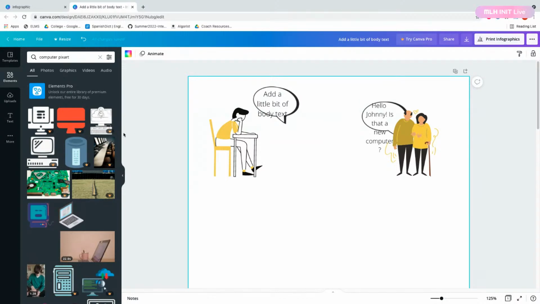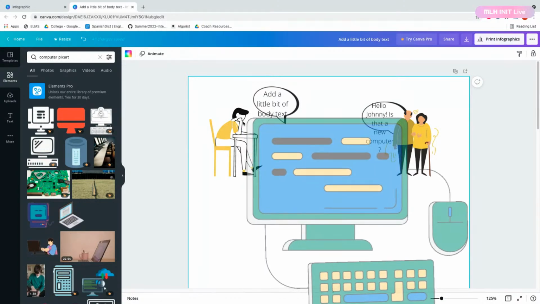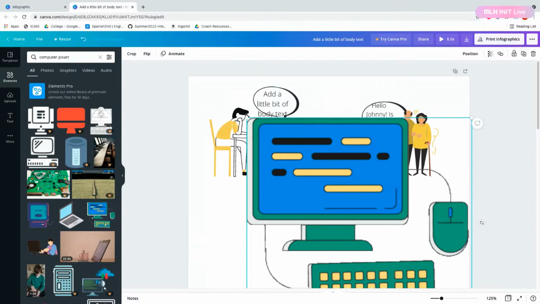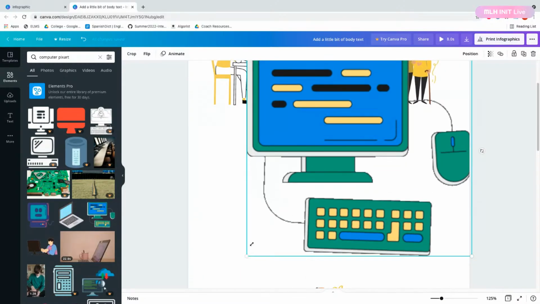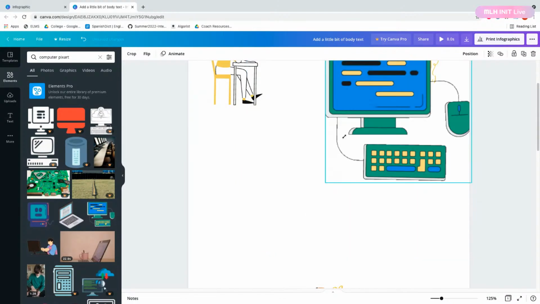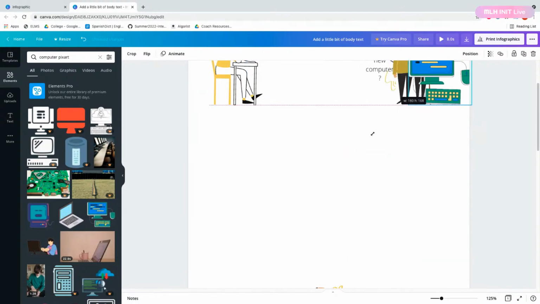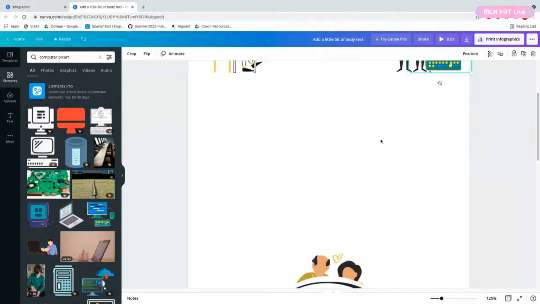So now I'm going to try and get, I'll use this image. A little computer. Oop, that's way too big. Oh, it's a GIF. It's okay. I'll spice things up a little bit.